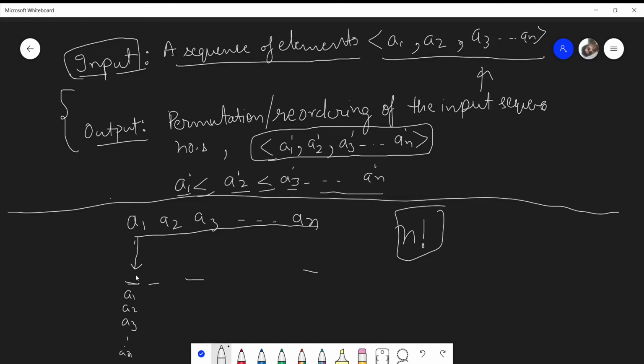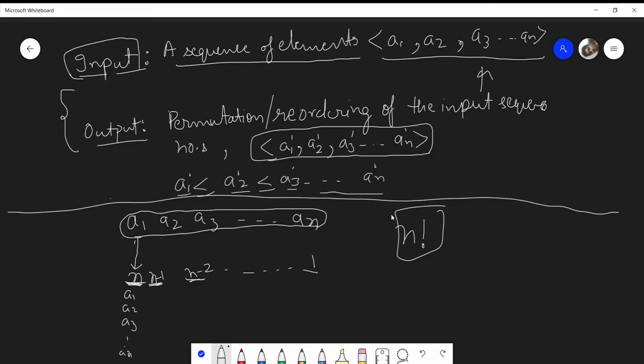And here I'll be having n minus 1 options, because the one which is sitting at this place won't be able to participate as a candidate for this place. So in a nutshell, there are a total of n factorial permutations which are possible for this given input sequence.